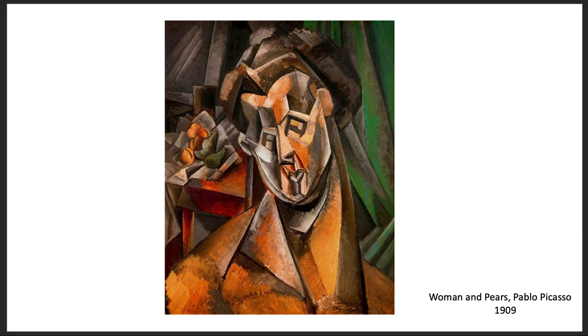William Rubin, the former director of the Department of Painting and Sculpture at the Museum of Modern Art in New York, sums up Picasso and Braque's relationship with a quote where he says, "The collaboration between Picasso and Braque is unique in the history of art for its intensity, its duration, and its generative impact. No other modern style was the simultaneous invention of two artists in dialogue with each other. In the years of their association, Picasso and Braque not only produced a number of exceptionally great works, they created a visual language that could and would be used by artists of widely divergent aesthetic, literary, and political concerns."